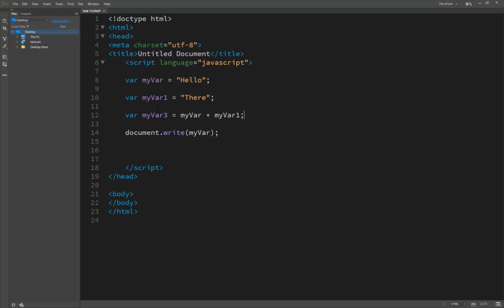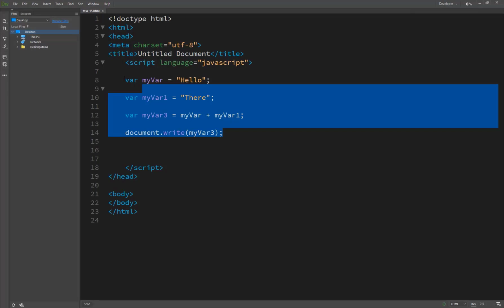In this situation the plus sign is concatenation, combining the two texts into one. It's not addition, because these are strings, not numeric variables. So the plus sign here only concatenates the two variables, and now you print variable 3 and you get the result: hello there.